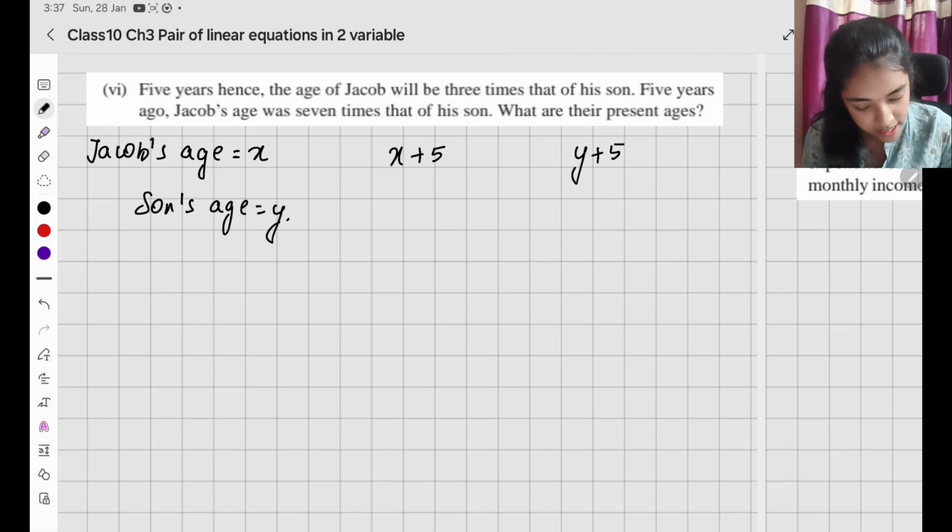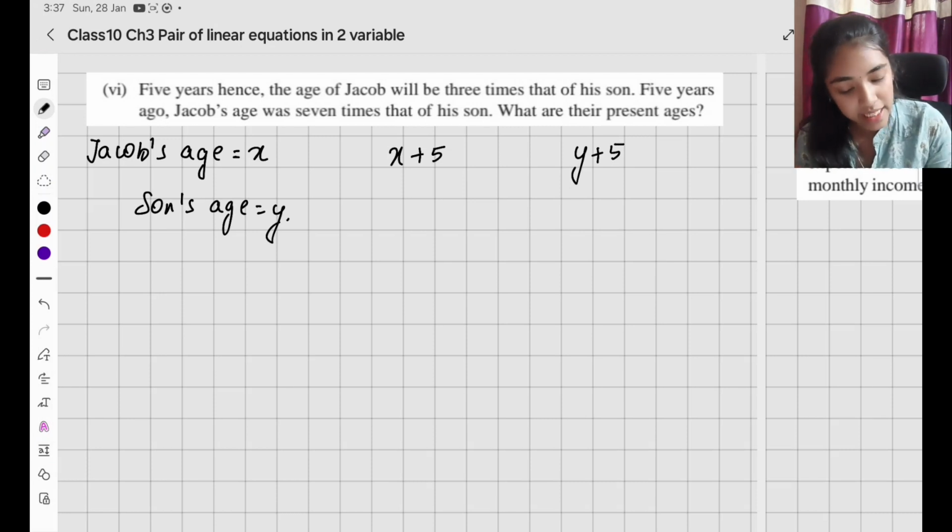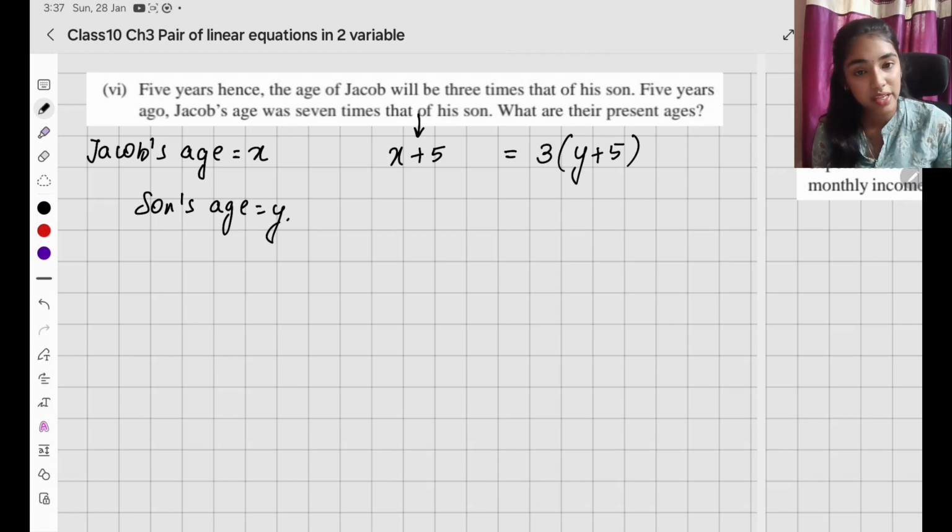5 years hence, the age of Jacob will be 3 times that of his son. So who is Jacob? Jacob is going to be x and y is going to be the son. So he is going to be 3 times the son. When? After 5 years. So after 5 years is going to be plus 5, and 3 times the son's age is going to be 3 into y plus 5. Okay, so this is one equation. And